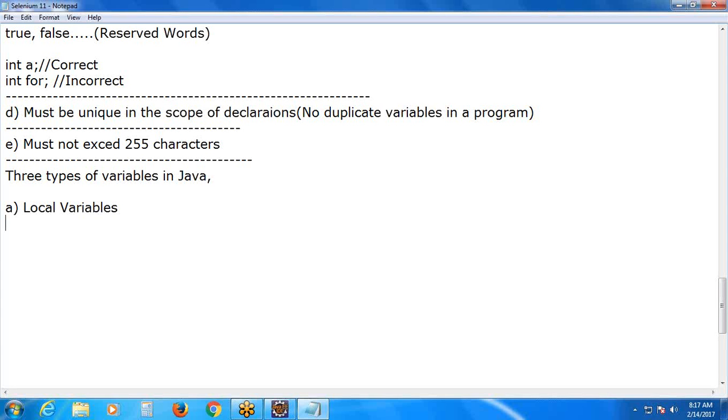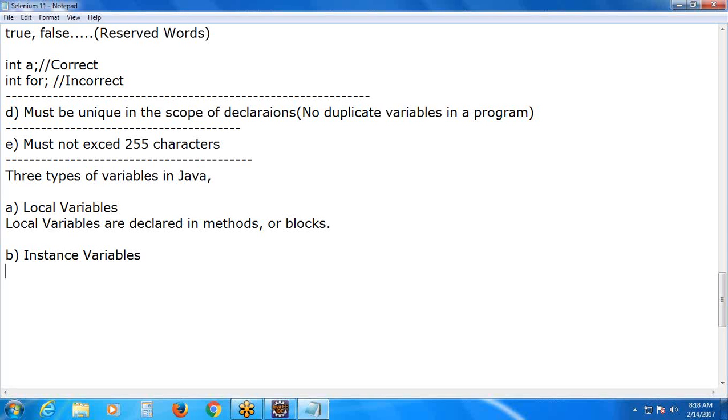What are local variables? Local variables are declared in methods, user defined, or blocks: condition blocks, loop blocks, etc. Next, instance variables. Instance variables are